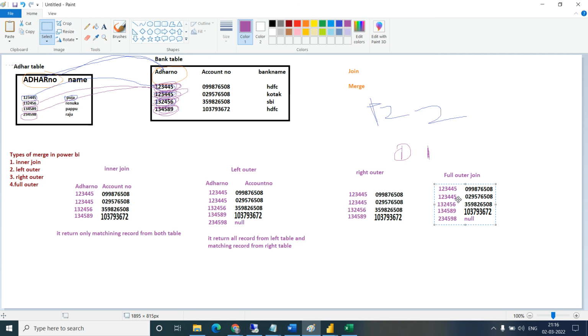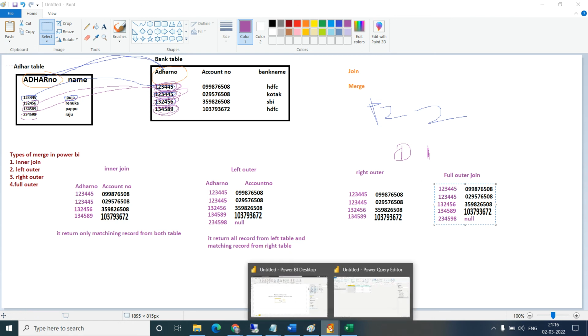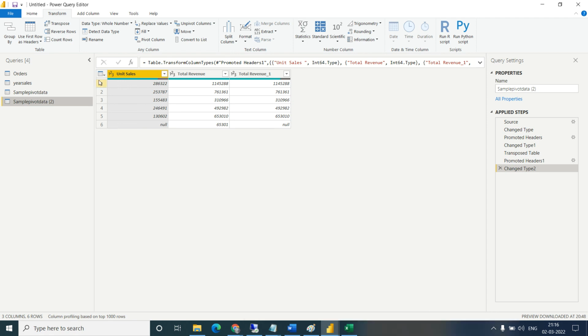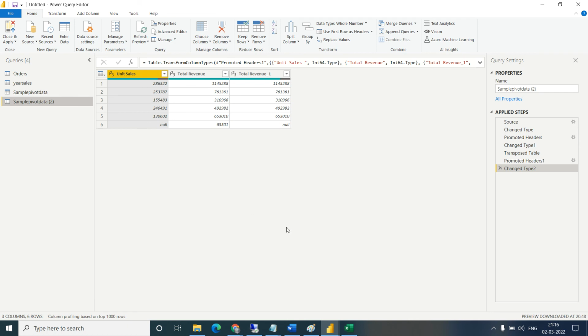Yes. Okay, now let's implement this if we have time. I need to connect the two tables.